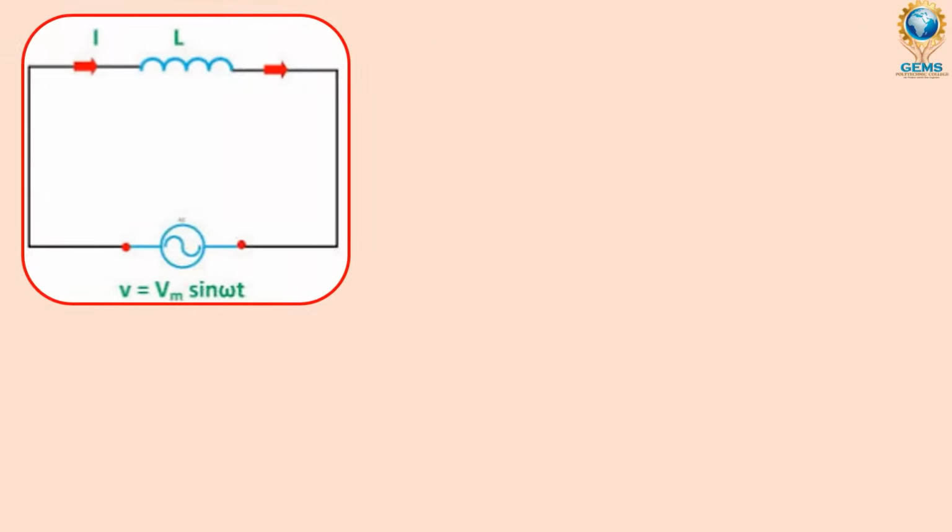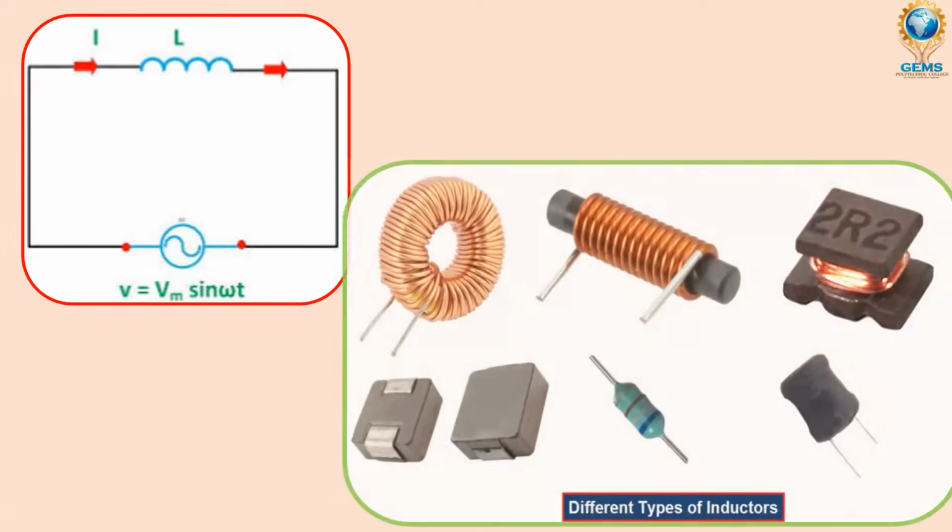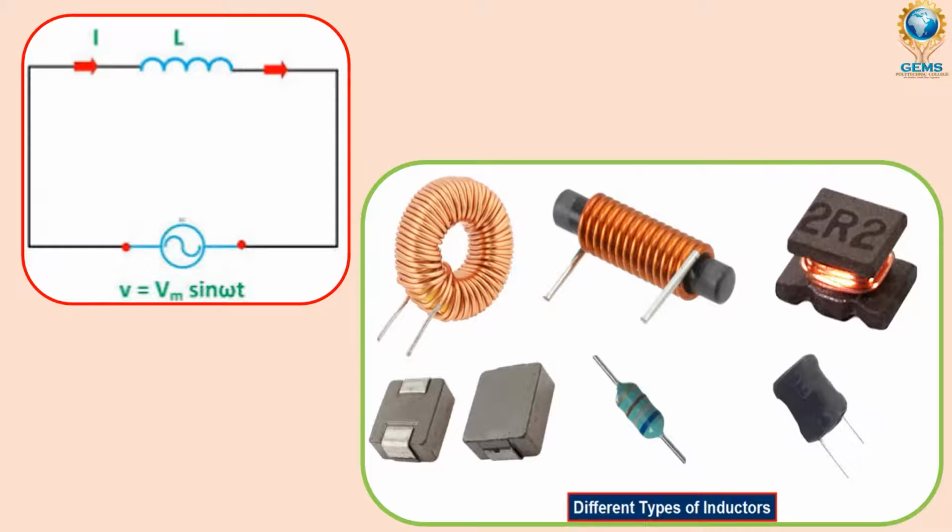If you see in practical how the inductor will be like this. This is the symbol of inductor. So we'll use different, but the shape should not disturb. This is the shape. Okay. Now we are going to see. Here you can see different inductors. This is one type of inductor, another type of inductor. This is also inductor. This is the advanced inductor.